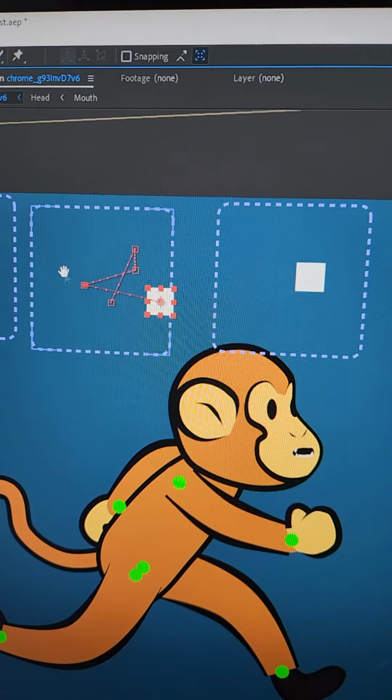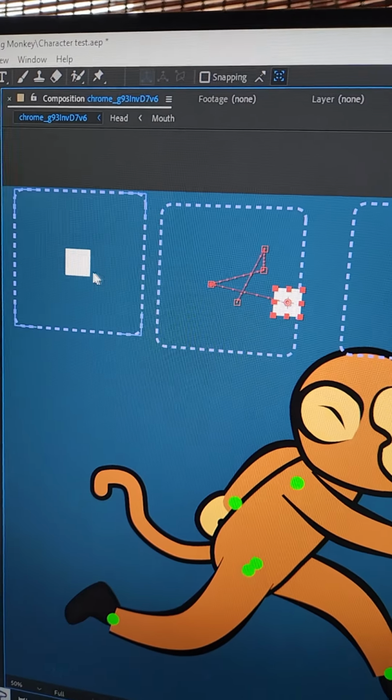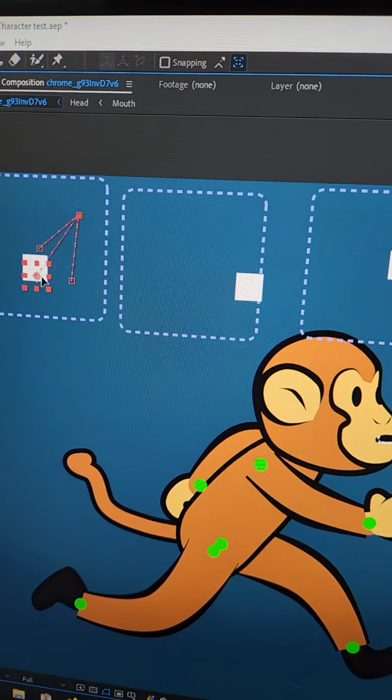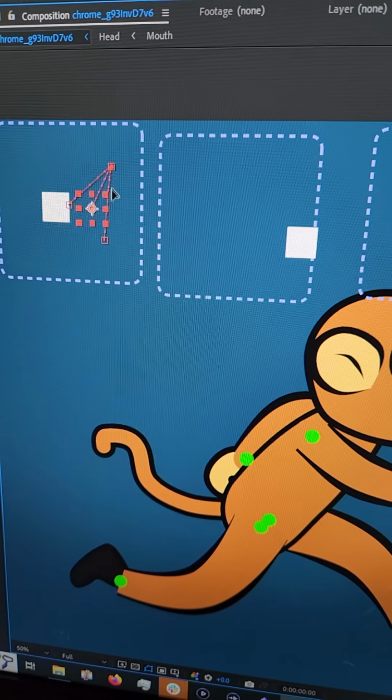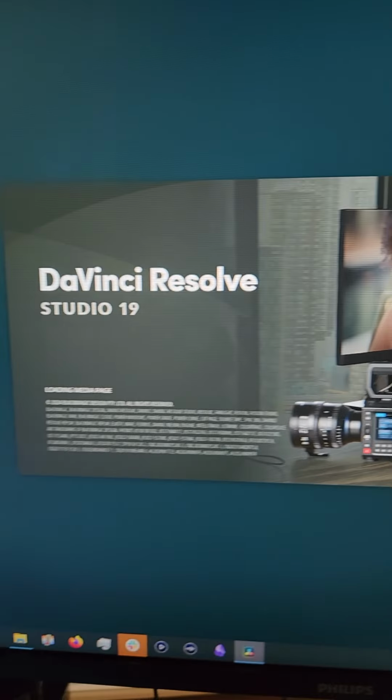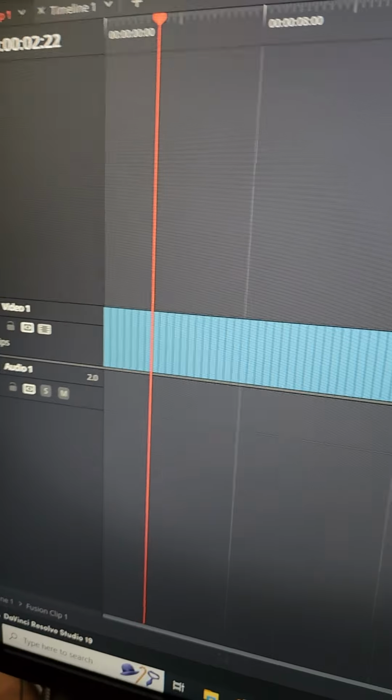And then this last one, I set up a couple different shapes on his tail so that I can have his tail make different rolling shapes as he runs, so it adds a little bit more detail to it. Then I went over to DaVinci Resolve, and I brought in the clip and looped it a